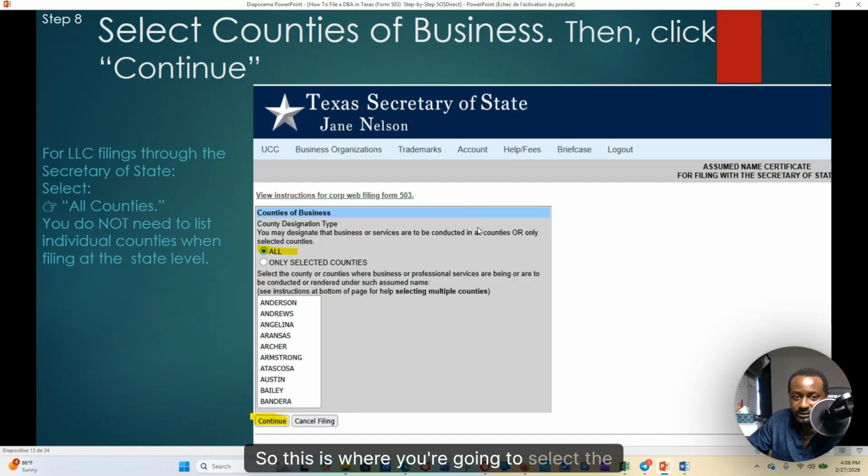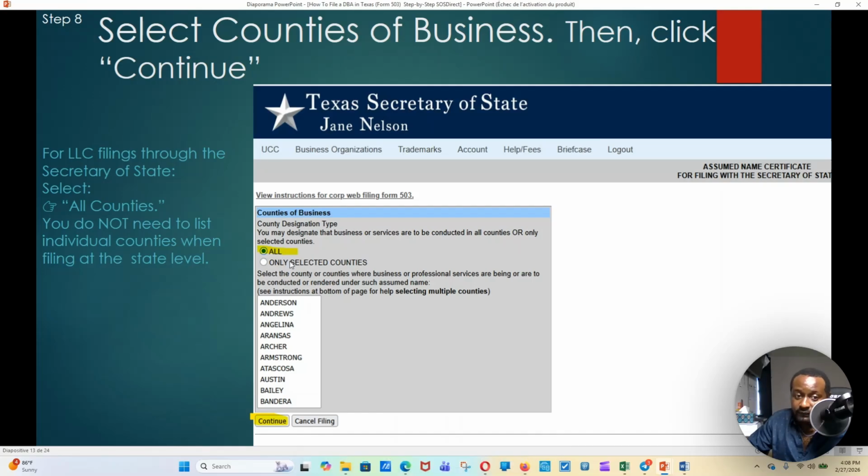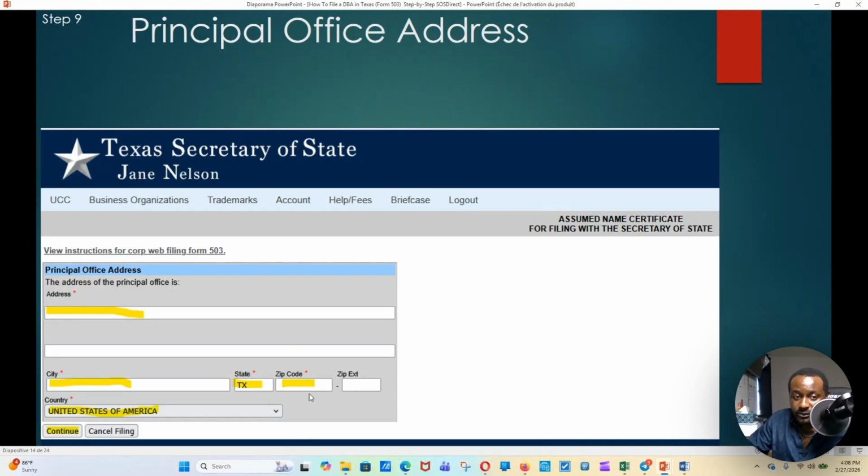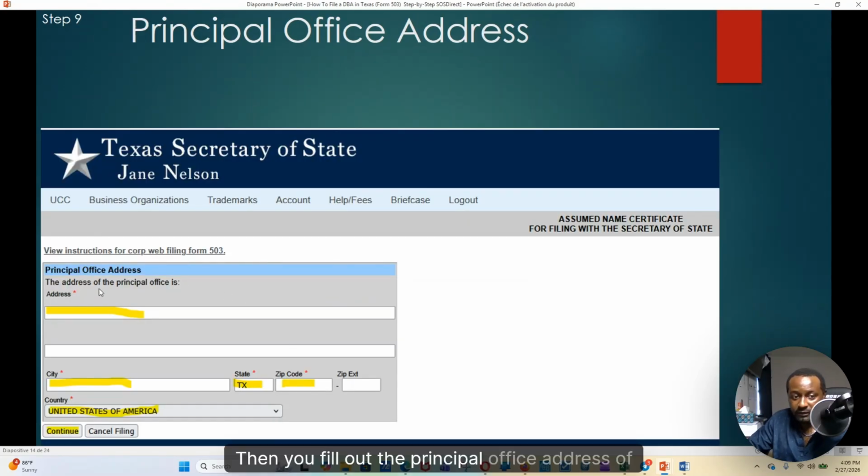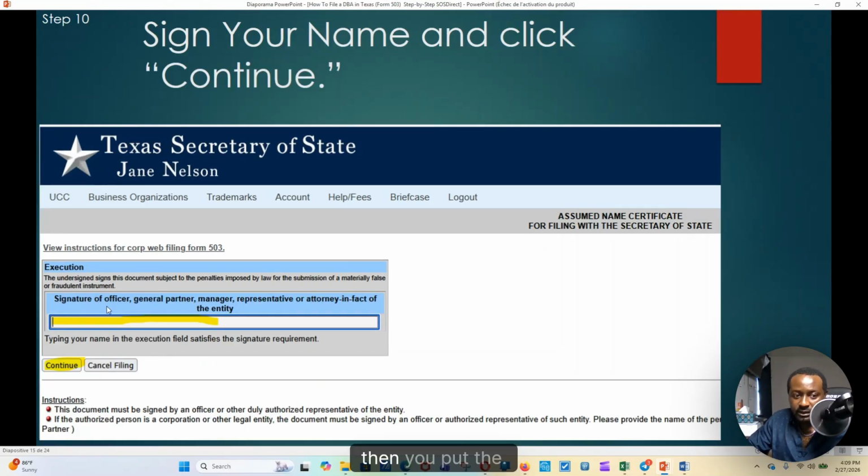So this is where you're going to select the counties where your business is going to operate. But in Texas, you don't need to select just some. But if you just need a few, go ahead and do it. But you don't really need to do that, because in Texas, you can just go ahead and click on all. So we always go with all, and then you click continue. Then you fill out the principal office address of that DBA. Put the information here, click continue, and then here you're going to put the signature of the officer, general partner,